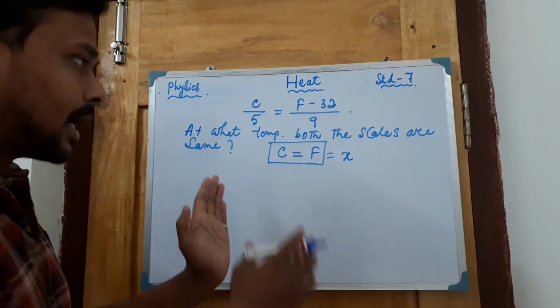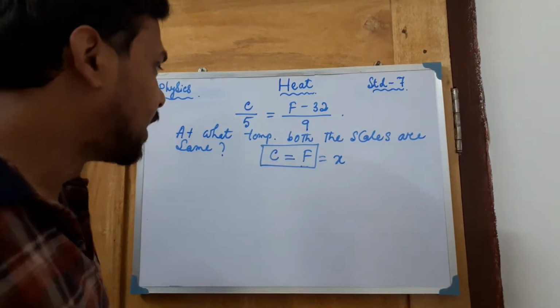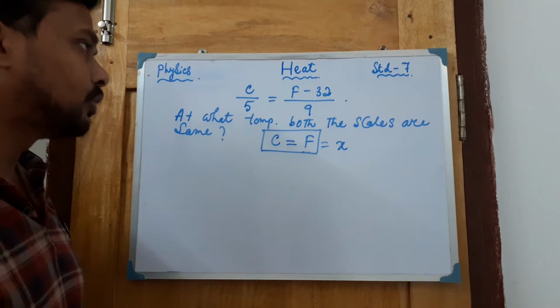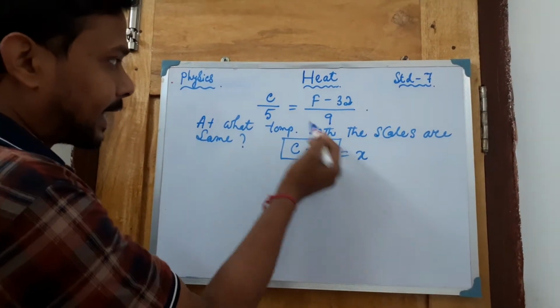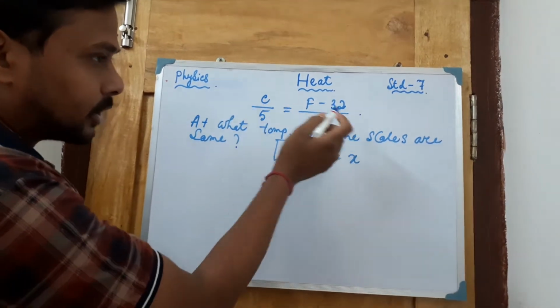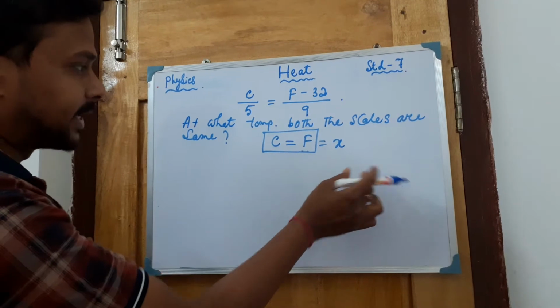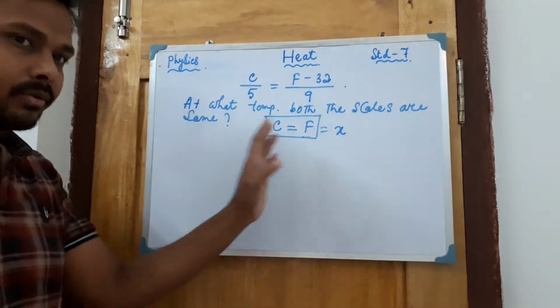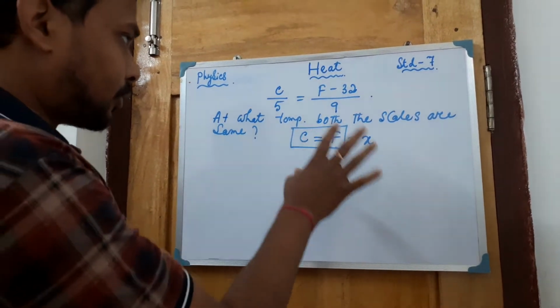Can you calculate? I'm not doing this now, I will give this in your assignment. So you calculate. If you are not able to do that, then I will calculate it. Simple process: you can take X here in both of these, and then calculate what value of X comes. That will be your answer. It's a simple calculation, just cross multiplication. You know that one, I'm just telling you the process.